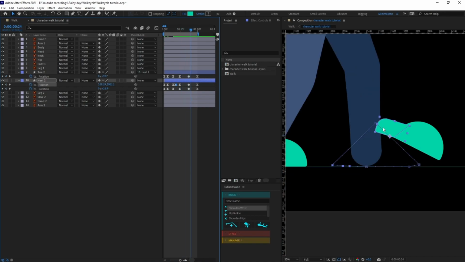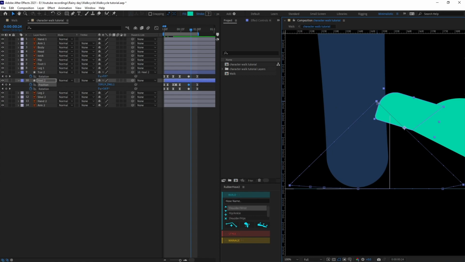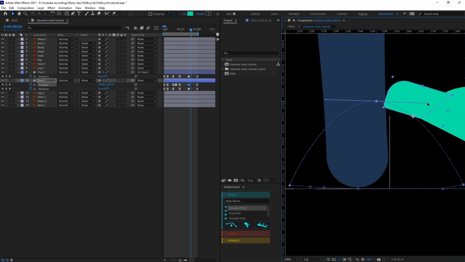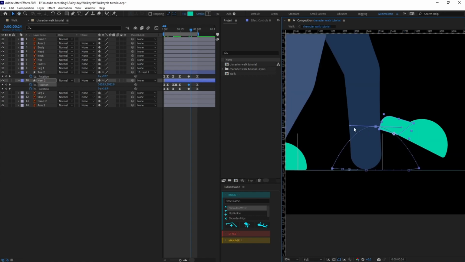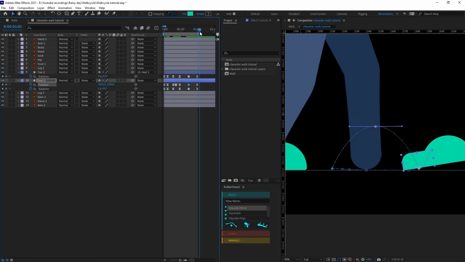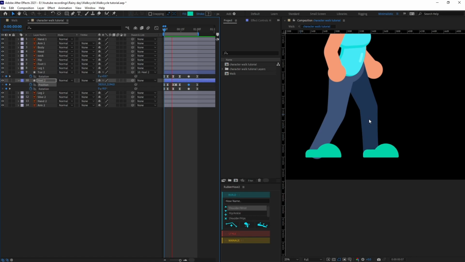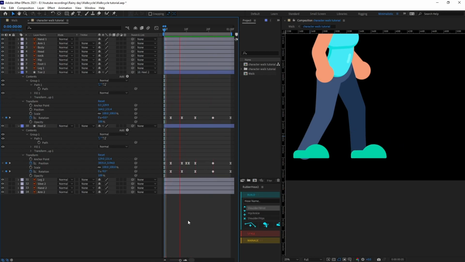Alright, and then we are going to curve the motion path a bit like this. So now let's check our animation. Yeah, this one is looking better. So the foot animation is done.